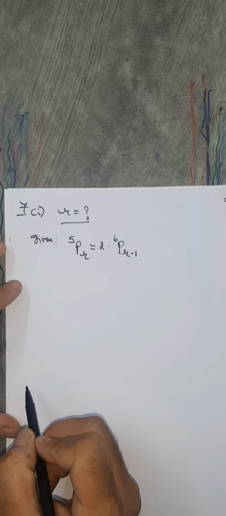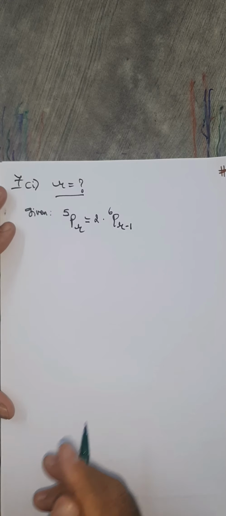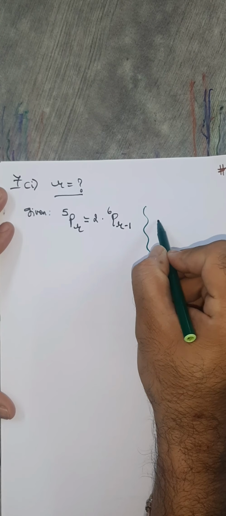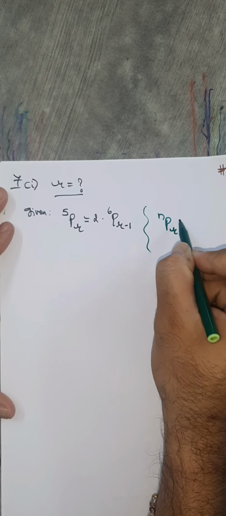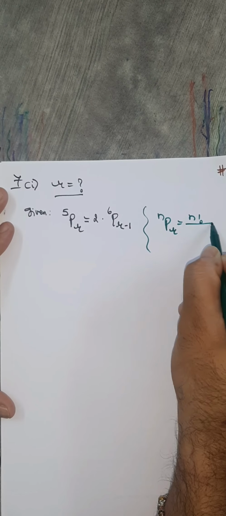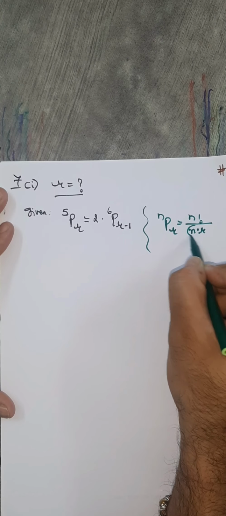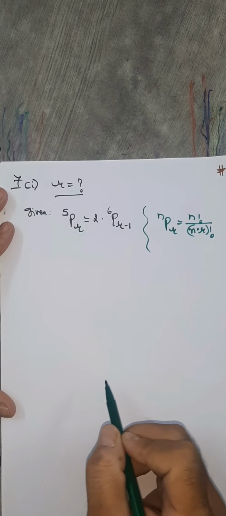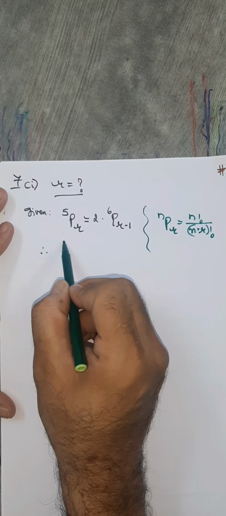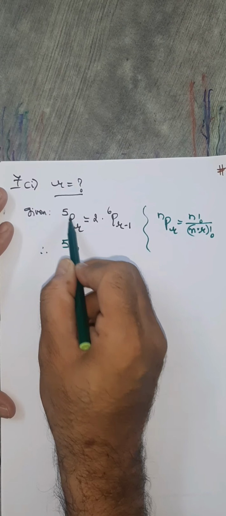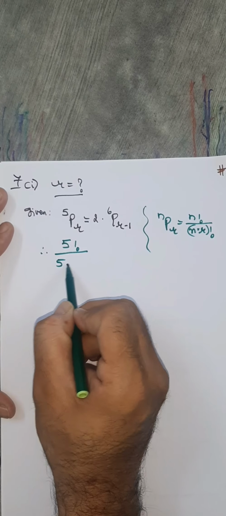This is given to us. So the formula is the same. Use the NPR formula. What is the NPR formula here? NPR equals n factorial upon n minus r factorial. Let's use this. So here 5 factorial upon 5 minus r factorial